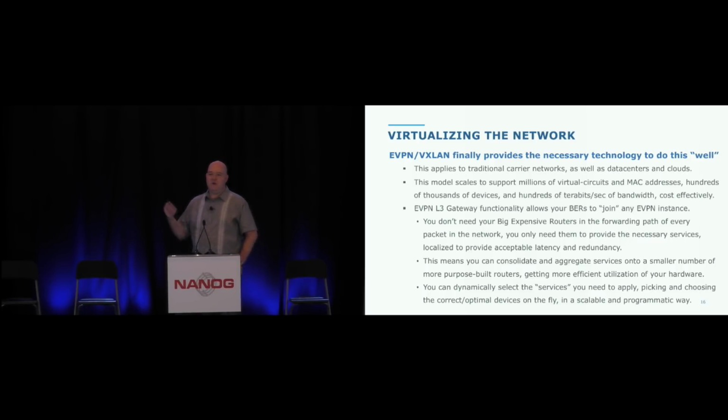It's a way that you can have a router service join an EVPN instance. So you might have a pair of routers that sit in some centralized location. So instead of going and putting all of these out in all of these POPs, they just join the instance that they want. So when a customer says, oh, I want BGP, well, now you have a device that says, oh, okay, I'm going to connect to this customer's instance on ID 12345, whatever that ID is. This is something that's very scalable programmatically.